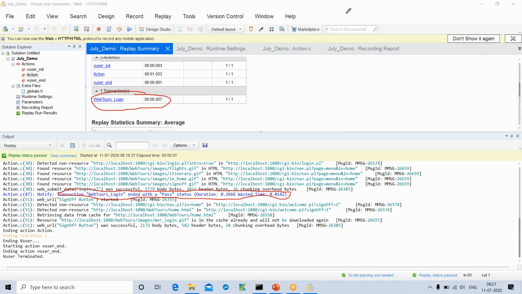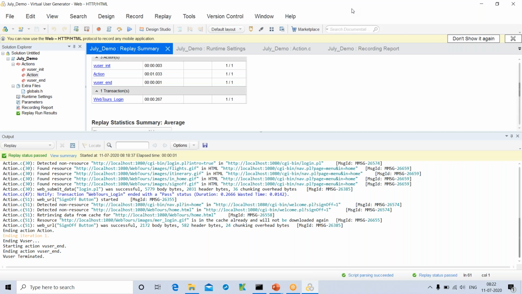Now we'll see why LoadRunner. There are so many tools in the market like LoadRunner, JMeter, NeoLoad and many more. But why LoadRunner? It is the only tool in the market which supports many protocols to conduct performance testing. When I say protocols, it will support Java applications, .NET applications, web services, Oracle, SAP, and so on.